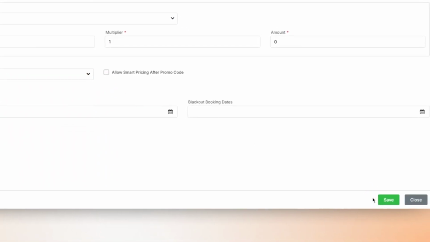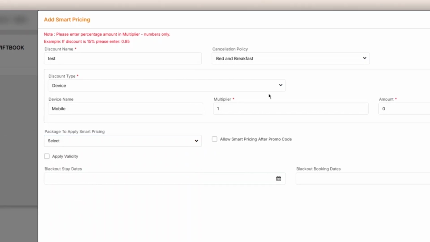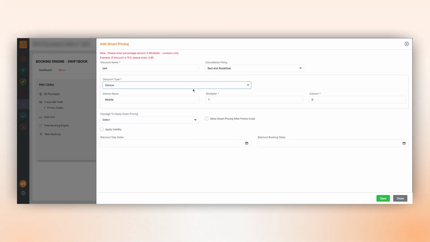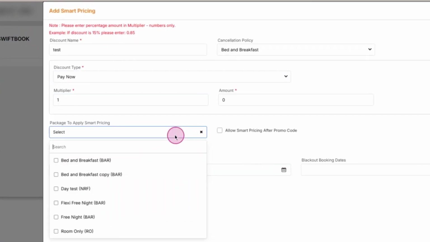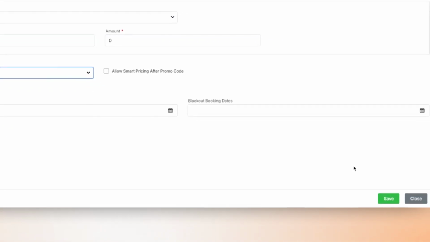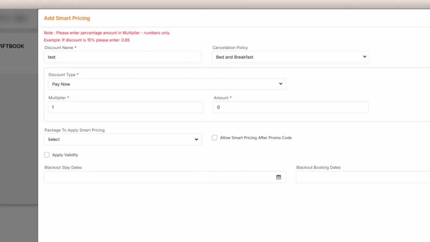Pay Now allows a property to reward bookers who pay at the time of booking. Properties must have a payment gateway integrated with Max Booking Engine. Add the discount value. Here you can select which package it has to be linked to. Then click on Save. Coming to the next promotion, Region allows you to set discounts targeting bookings from specific